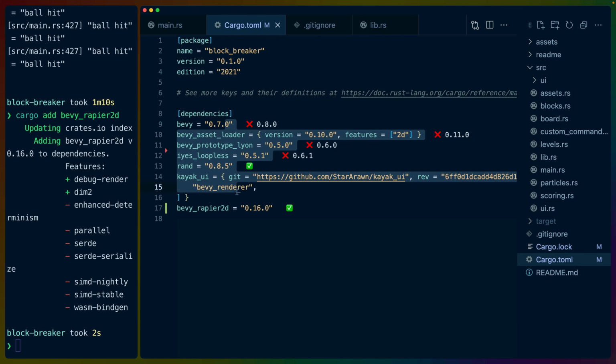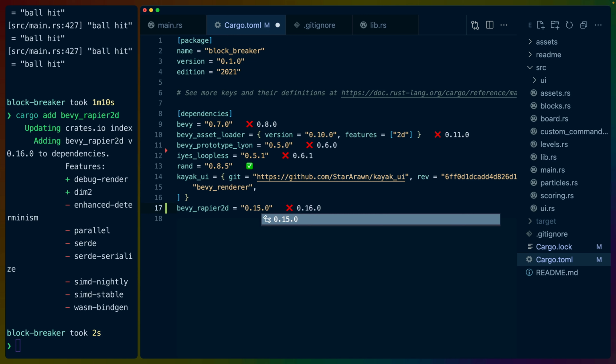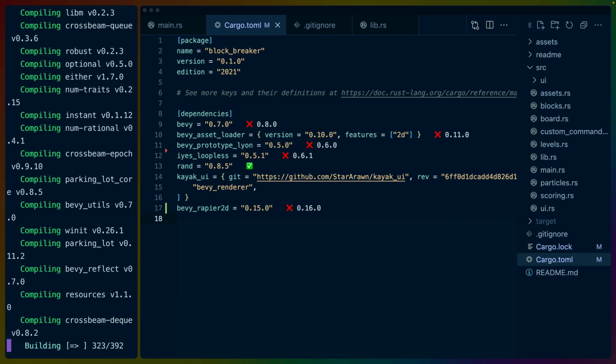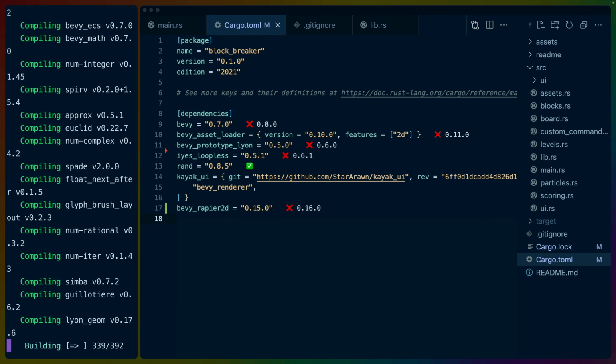We aren't going to touch anything else yet. So basically the way we're going to do this is we're going to switch from Heron to Bevy Rapier. And Bevy Rapier is going to be the previous version. So instead of 16, we're going to use 15 so that we get the 0.7 support. And this should build. So if we run it in release mode like we did before,